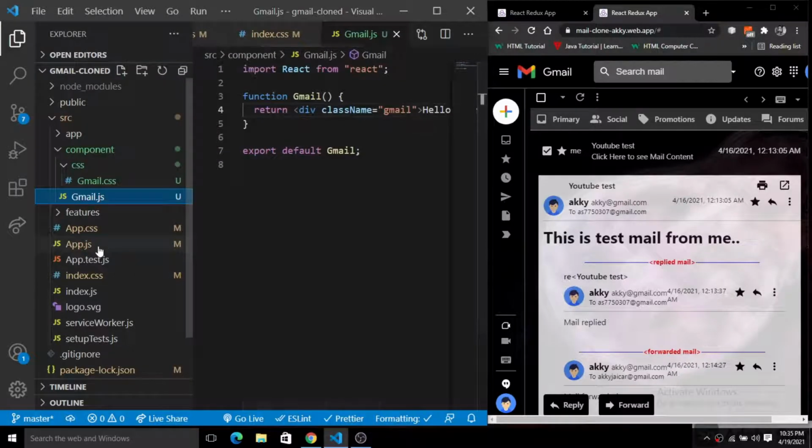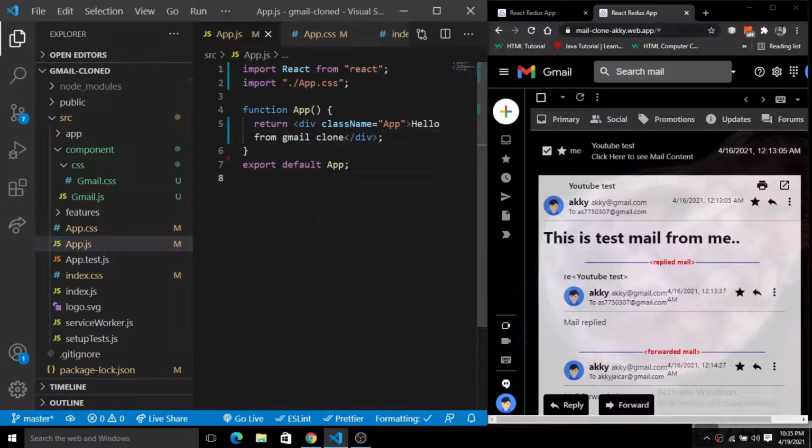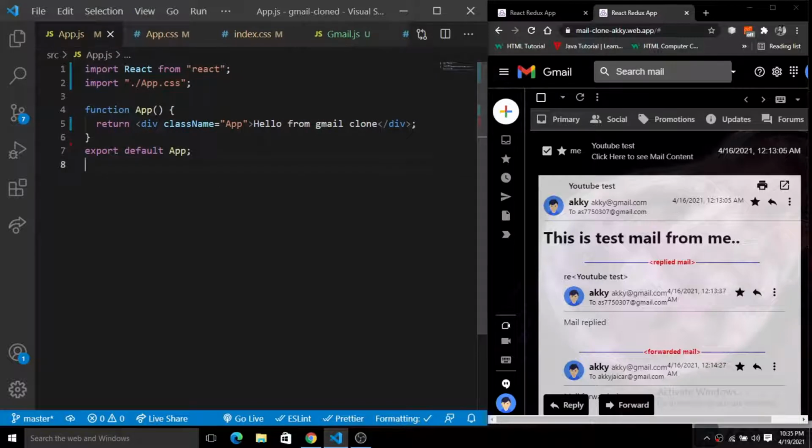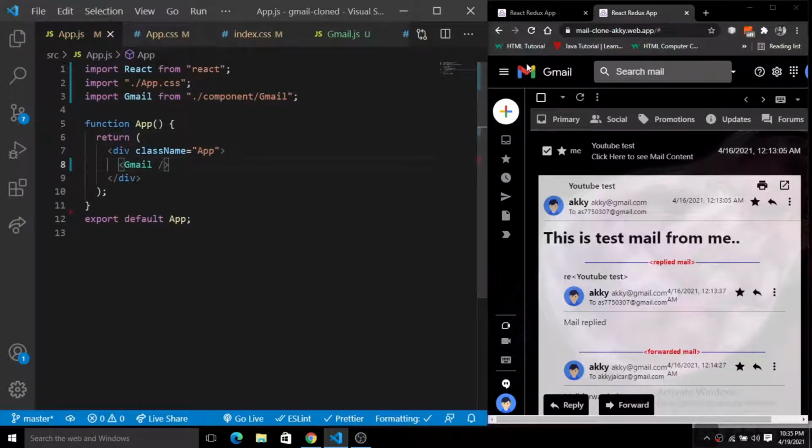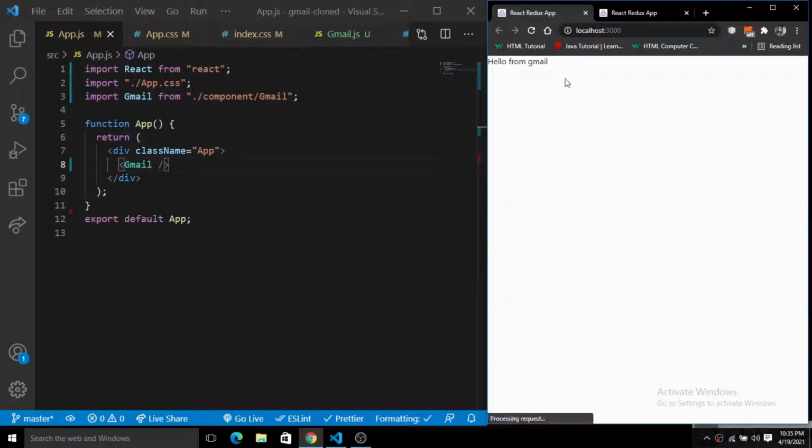So instead of this hard-coded text, we will put the Gmail component just like this inside of the app, right? For this you have to import the Gmail first, and now save. You will see hello from Gmail clone has changed to hello from Gmail, right?